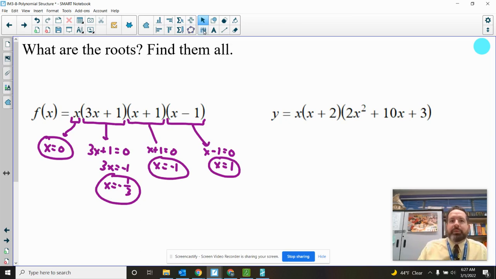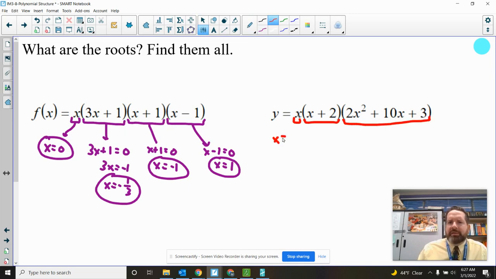Okay, let's look at the second one here. Same idea. I've got 1, 2, ooh. Now this is a little sneaky. I'm going to get 1 root from here at x equals 0. I'm going to get 1 root from here at x equals negative 2. But from here,